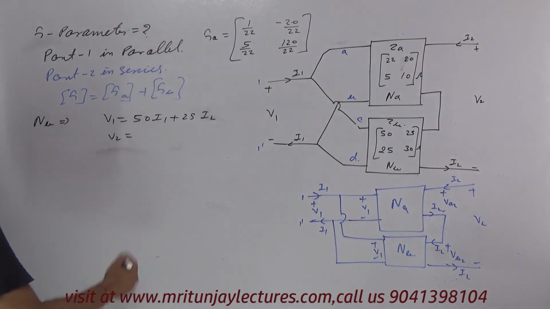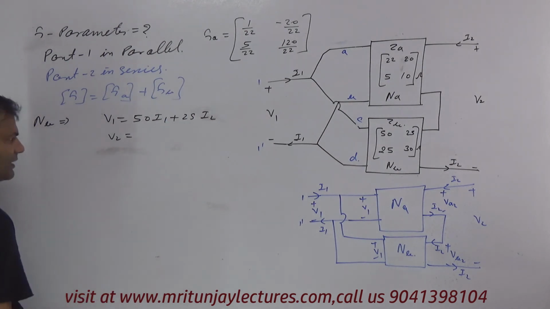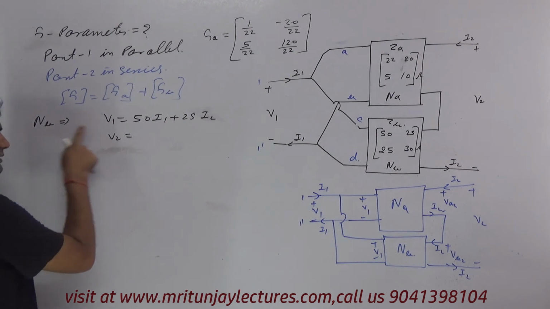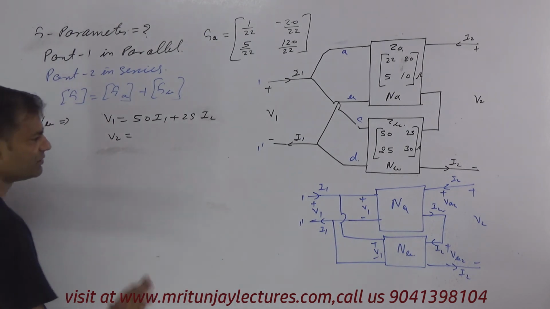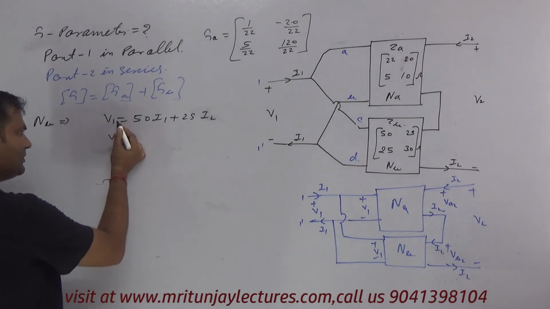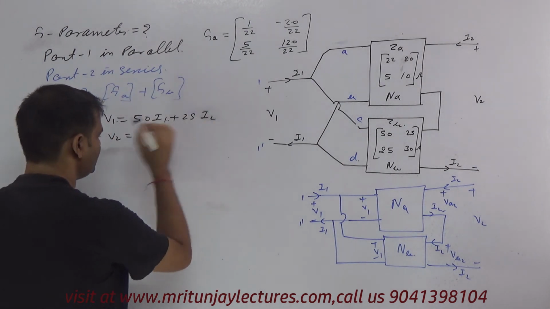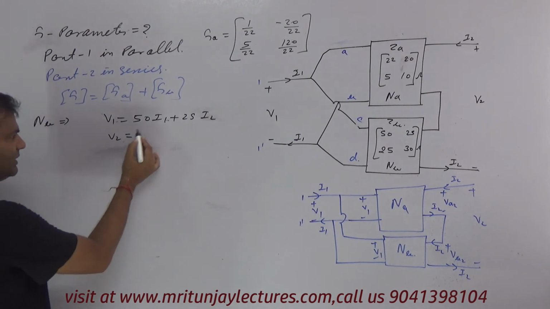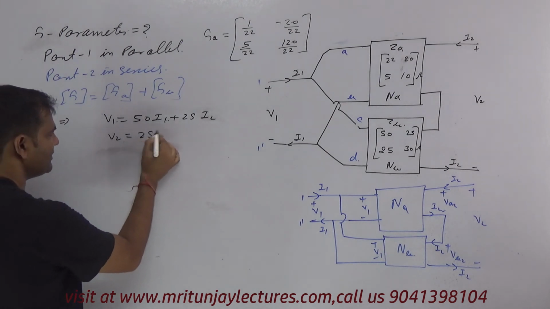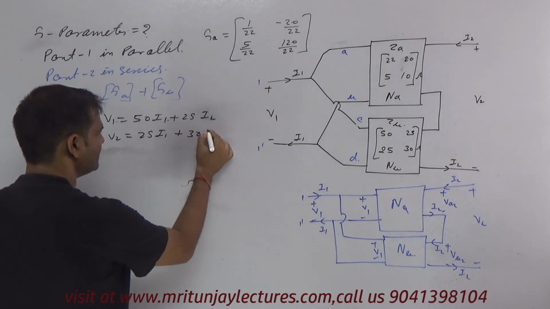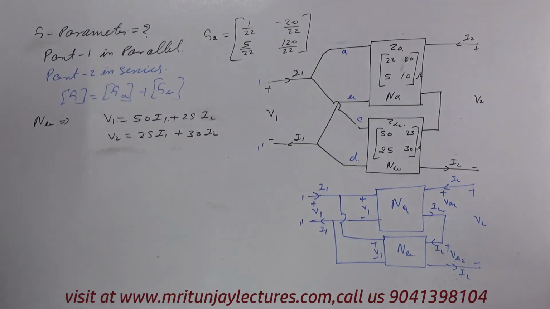If you feel comfortable, then otherwise write correspondingly. If mentioned here, then V1, V2 are mentioned; otherwise you mention V1A, V1B, I1B, I2B, and here V2B. Okay, same thing, I1B plus 30 into I2. Okay, now our motto,